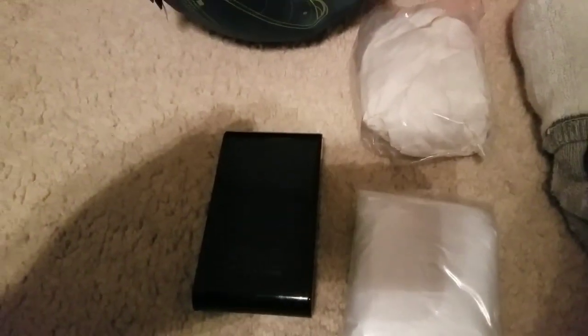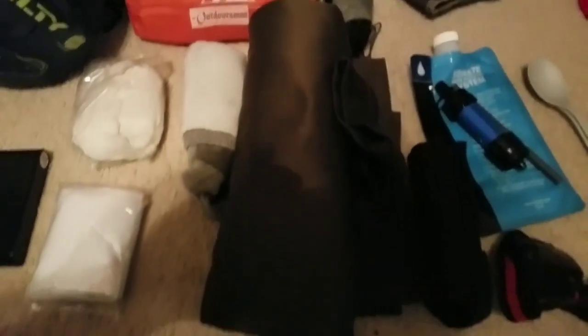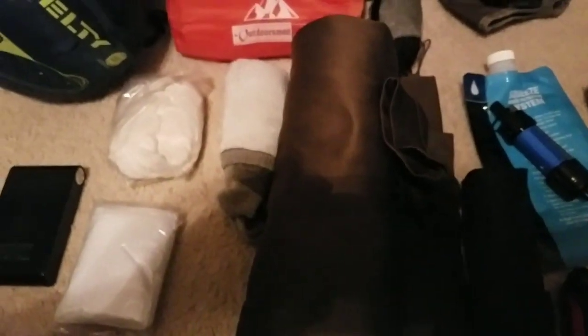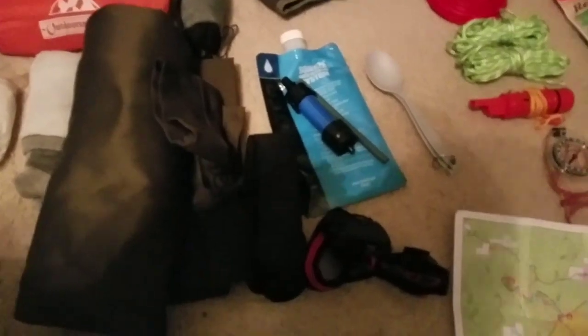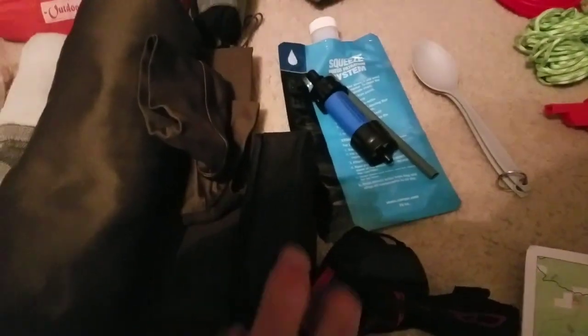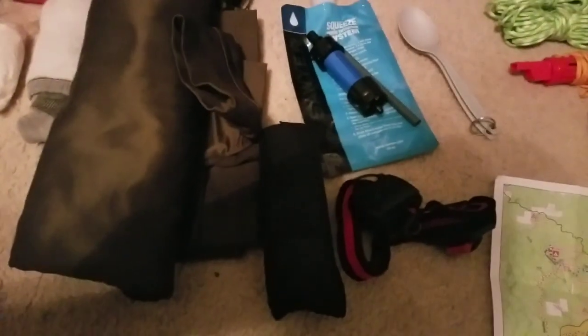My emergency poncho, and then that is my battery backup for my cell phone, because I plan on taking a lot of pictures and some video and stuff. Extra socks and a pullover for if it does get cool. I think it's supposed to get down to just about 65, 66. So I've got my headlamp, and then this is just a little monocular that I'm going to take with me